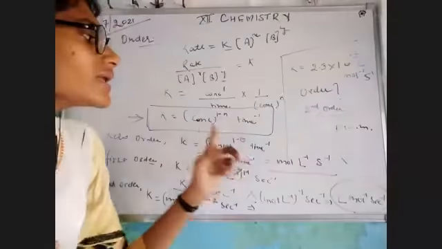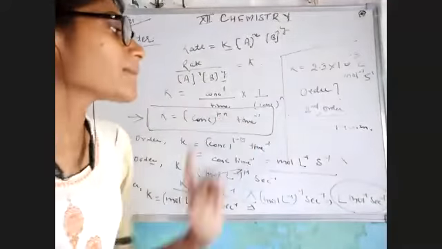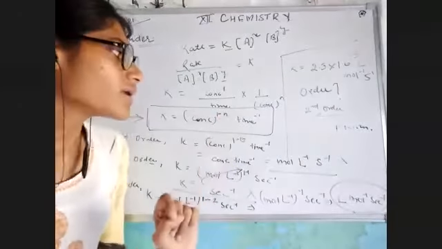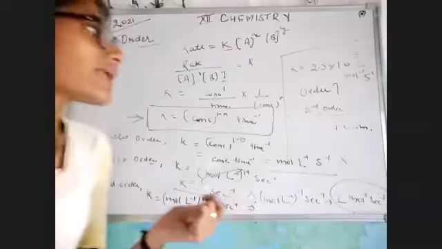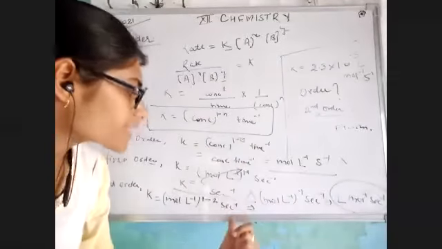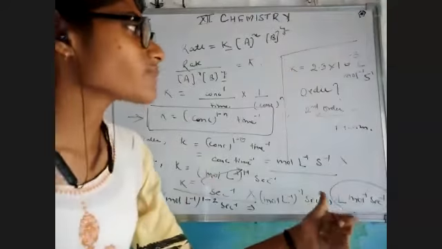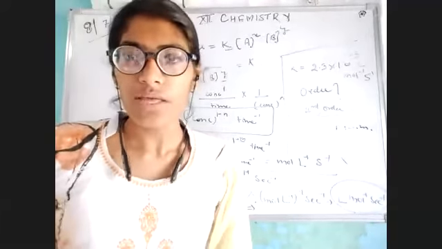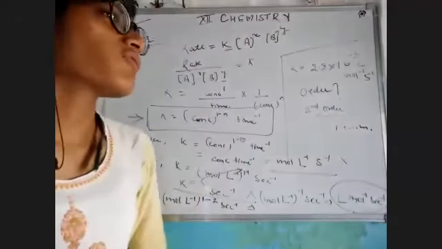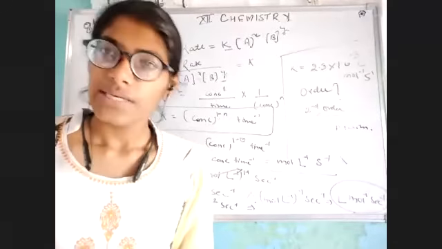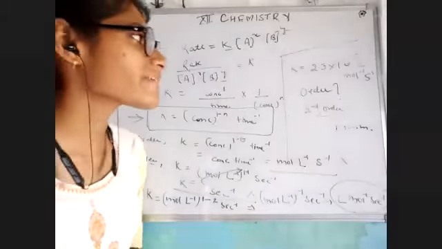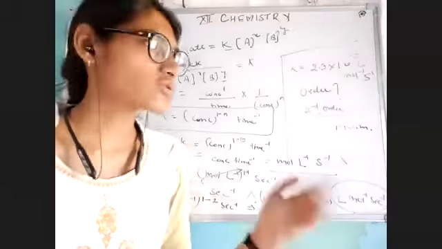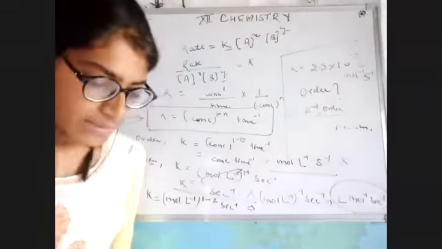concentration to the power 1 minus n per time. Whatever order is given to us, either it is 0, 1, 2, we will put that value in the place of n, and we can easily calculate the different units for each case. On the basis of that, we can say this is my second order, this is my first order, this is my third order. Okay, these are very important questions, for 1 to 2 marks in your board exam. Clear? Not only board exam, but for competitive exams also. This is very simple and very scoring, because it's too simple. Okay. All right. Now let's move to the next point.